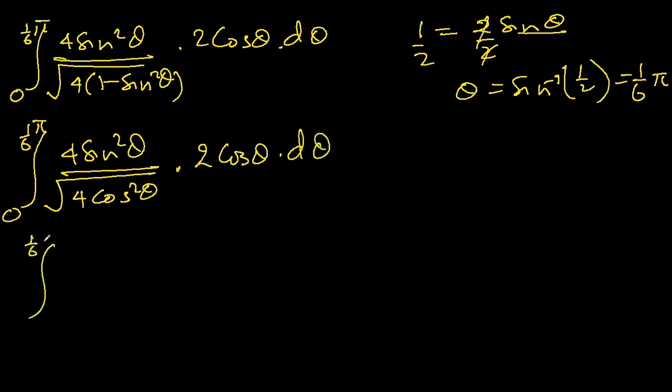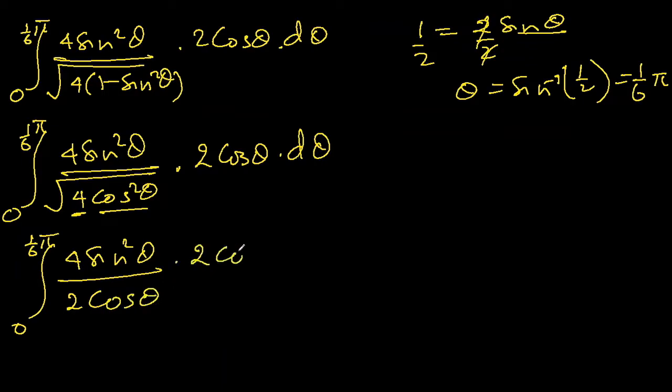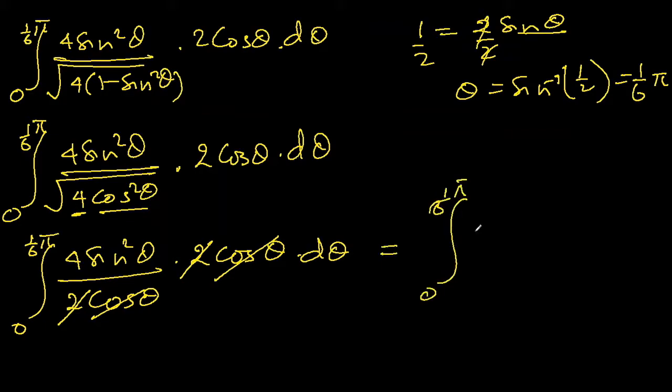Now we take the square root: 4 becomes 2, and square root of cos square becomes cos theta, and that's why I didn't touch it. I was expecting them to cancel out, and they are cancelling out. 2 and 2, cos theta and cos theta gone. We are left with 1 over 6 pi, integral from 0 to 4 sine square theta d theta, and